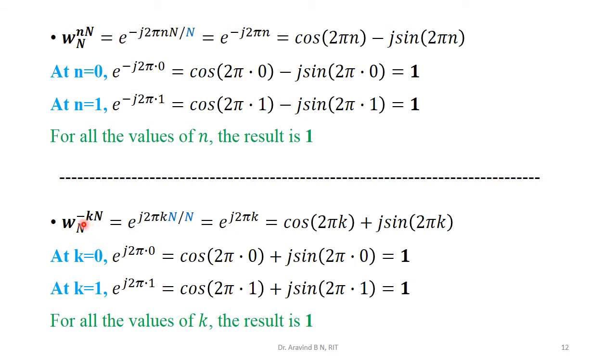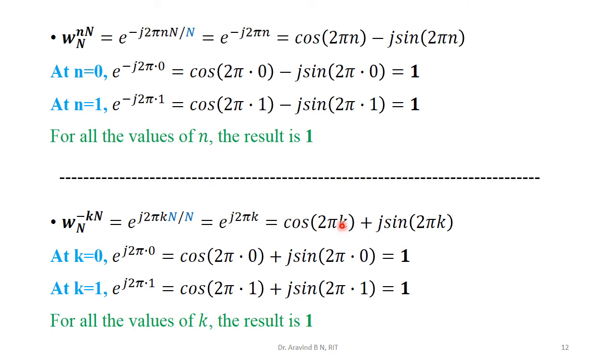Further realization has been taken. One more example by taking the power as negative, with n there and the term k there. Another realization we are taking. So again, make an expansion of this in terms of exponential. We are going to get e to the power of j 2 pi kn divided by n. This n and n once divided, remaining is e to the power of j 2 pi k. Expand that into the terms of cos and sin. Cos 2 pi k plus j sin 2 pi k. K is the only parameter we are going to have.